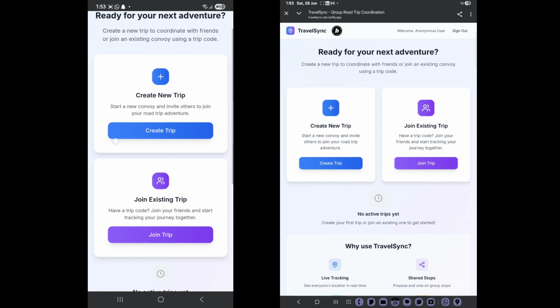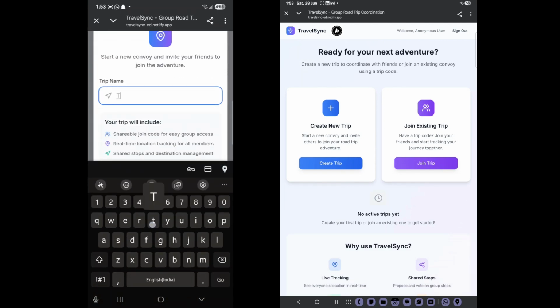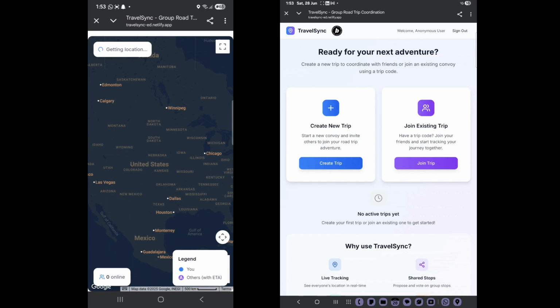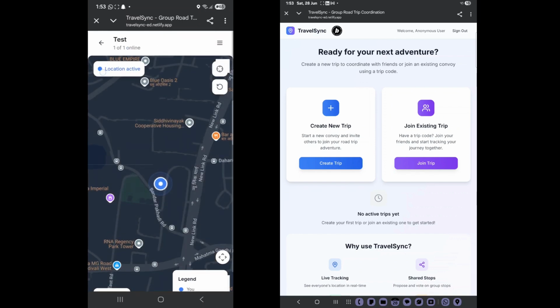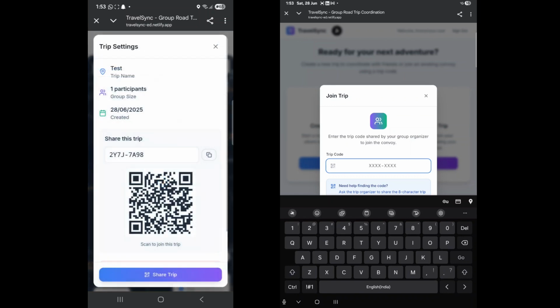So from one of the devices, I'm going to be creating a trip. Let's just name this test. So now I've successfully created a trip, and using this I'm going to be joining via this device. So let's just enter the trip code, which is